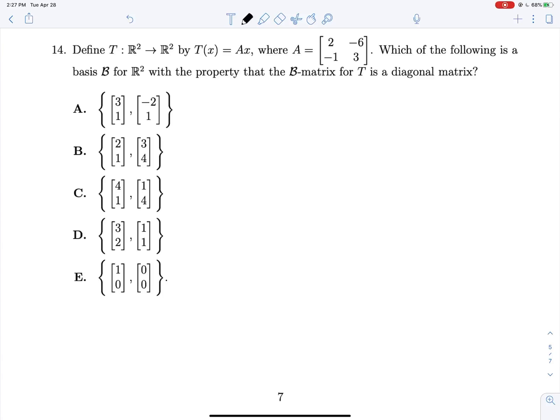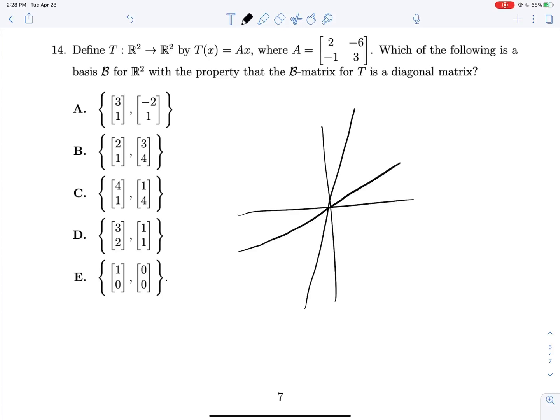All I do know is that when they ask us for this, what they're really saying is find the basis in which applying the transformation is the same thing as just scaling a vector by a certain value, and we know that occurs when we're dealing with eigenvectors. So if we have some transformation, let's say we have two eigenvectors there. If we're able to transform from the normal basis, with our normal (1, 0), (0, 1) basis vectors, to the basis represented by